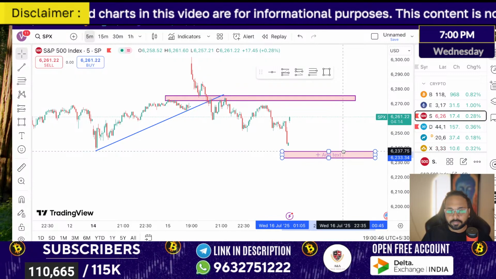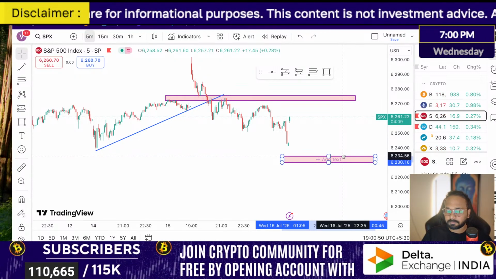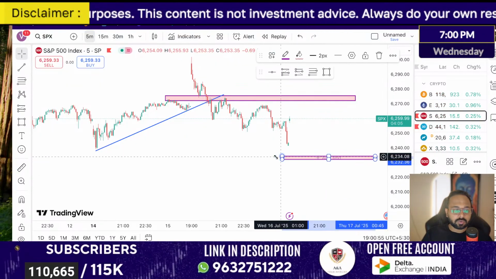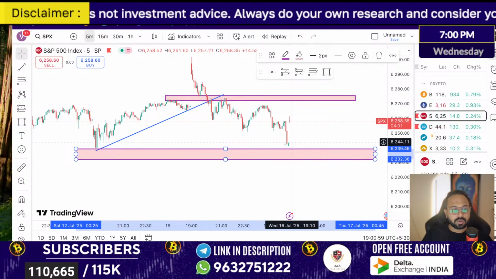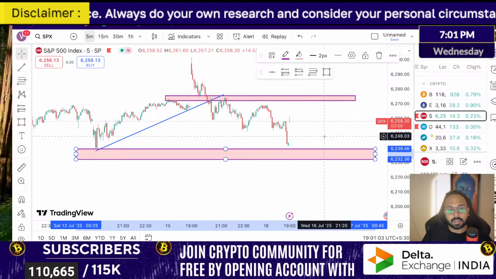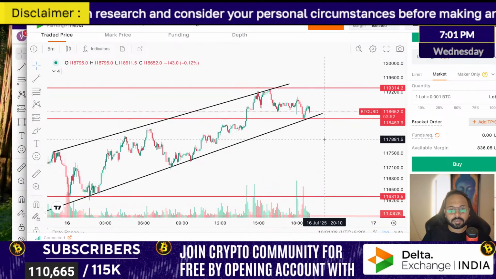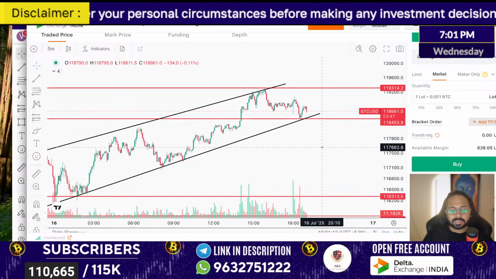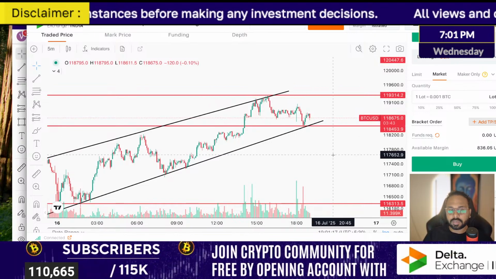This is fine. Yeah, this is fine. This we will consider as supporting zone. Previously, this area was acting as support. Again market closed here itself, again opened at the upper level. We'll see how market reacts. Based on that, we will take some decision. This downside movement, if market does a little, is it going to hunt the stop loss and then recover? That is a bit confusing.